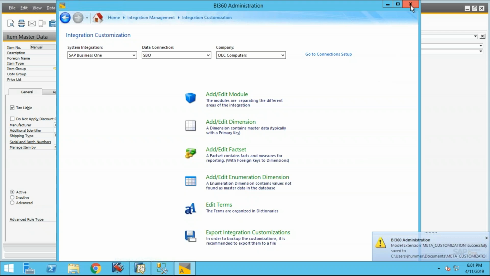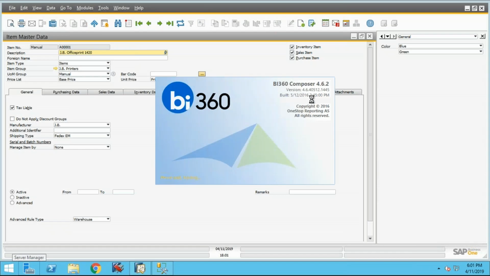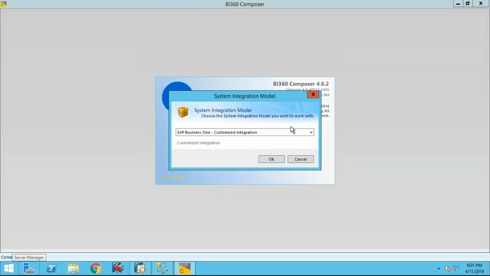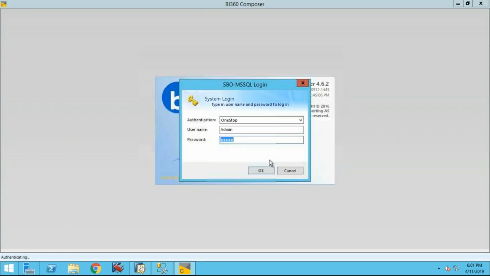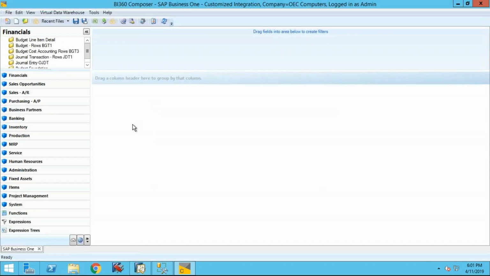So now if I go out, and then if I go back into my report composer, this should load my customization. And see, now it looks different. I have customized integration. And it loads the metadata, and if things work well, I see my module items,